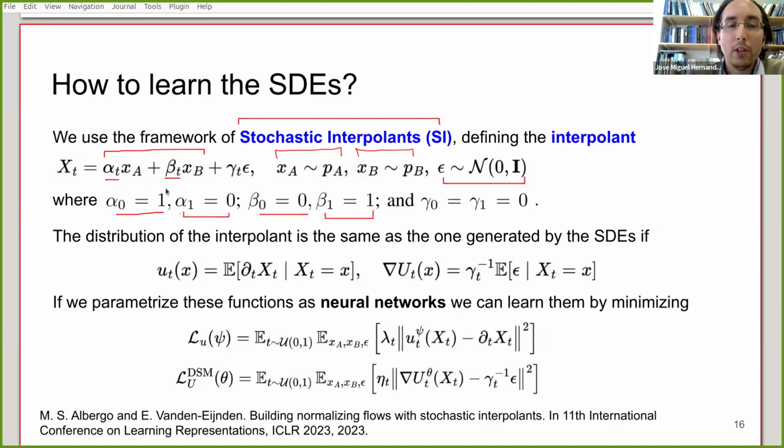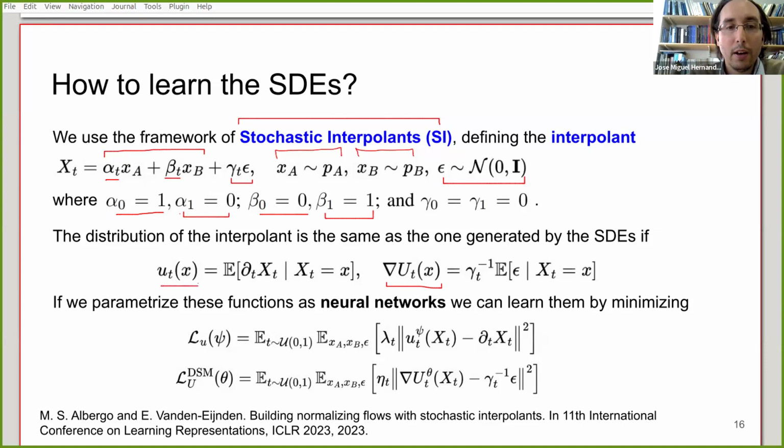This allows us to generate samples XT that have the right distribution at time 0, the right distribution at time 1, and they interpolate in between. And we have some Gaussian noise, which allows us to learn the score, which is precisely what we need here. The gradient of the energy is related to the score, and we can estimate that using denoising score matching and other techniques used in diffusion and other models.